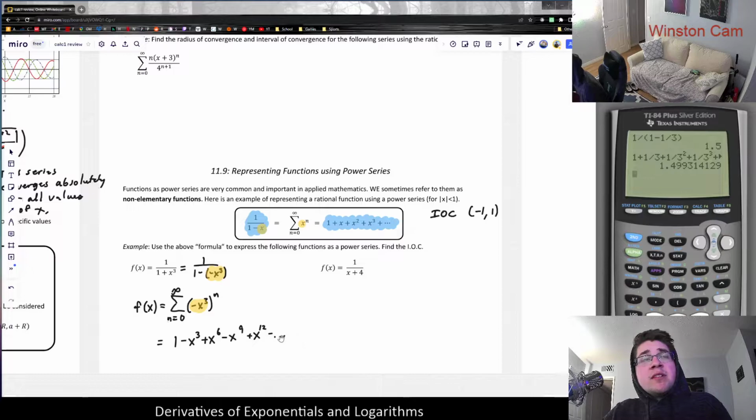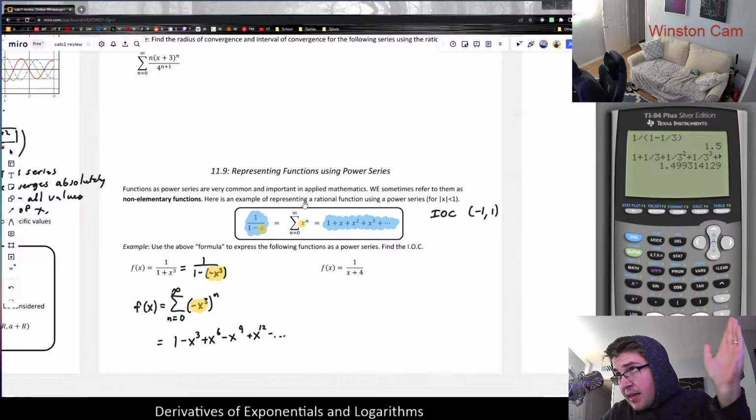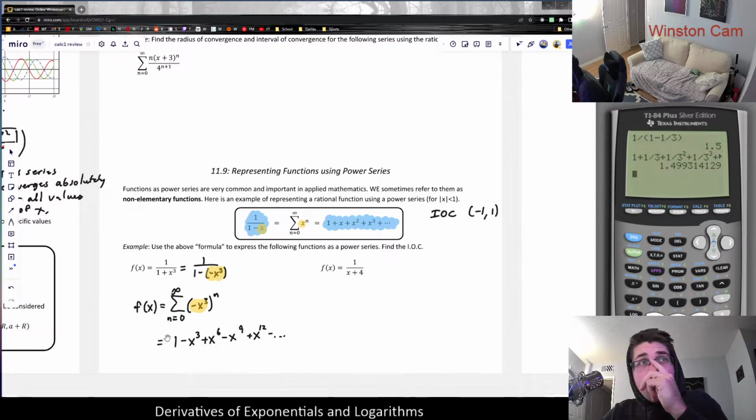And that series will continue. But instead of being a consecutive series of polynomials with coefficients 1, growing by a degree at a time, it will be growing by 3 degrees every time, and it will also be an alternating series in this polynomial. Basically, what I'm saying is this would be referred to as the power series representation of